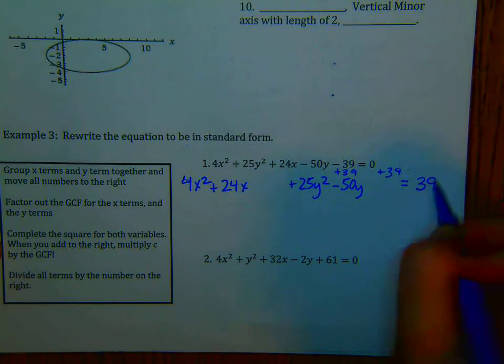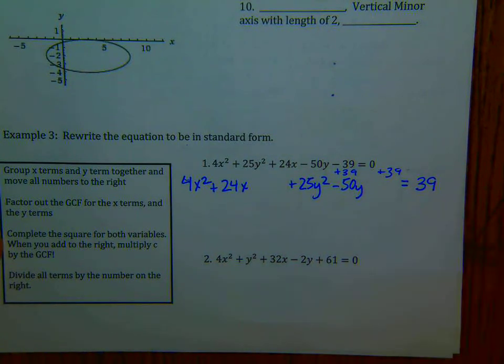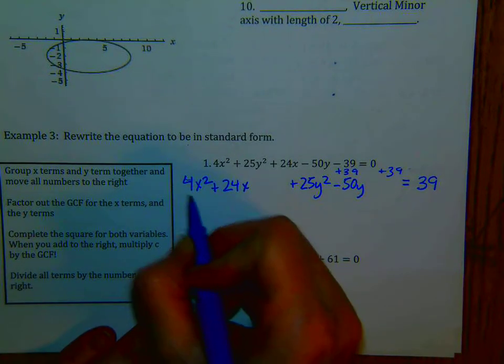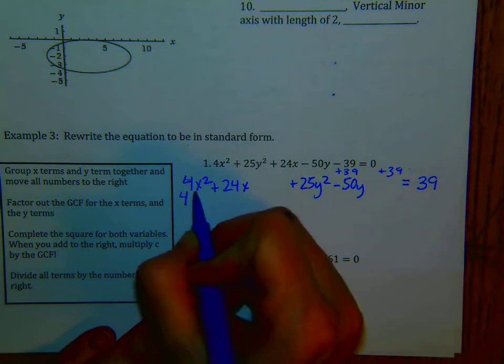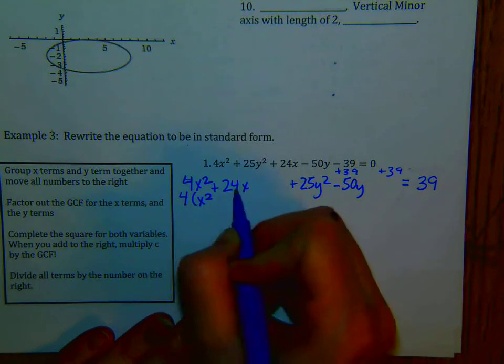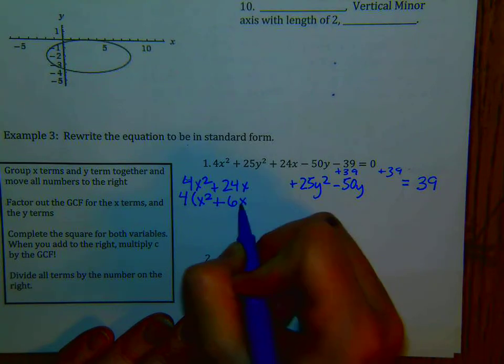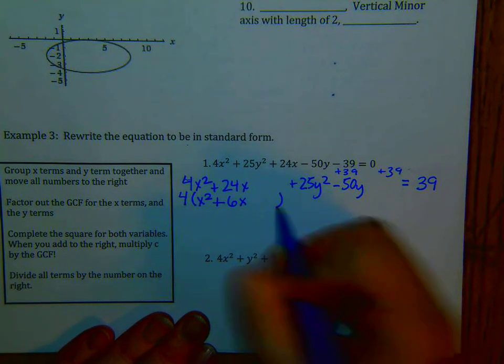Now, it says here, factor out the greatest common factor for the x terms and the y terms. So watch carefully. What I'm going to do is factor out the 4 from the x squared terms. What is 24 divided by 4? Well, that is 6x. Now, what I'm going to do is I am going to have to multiply 4